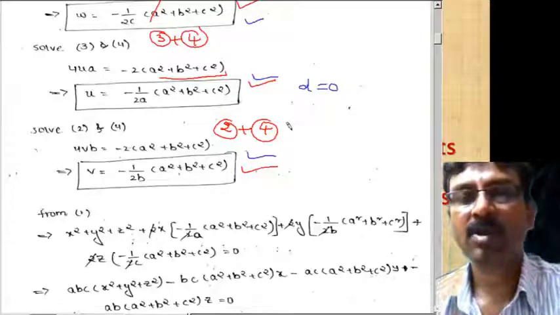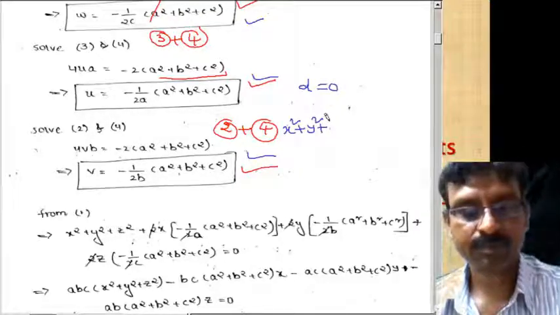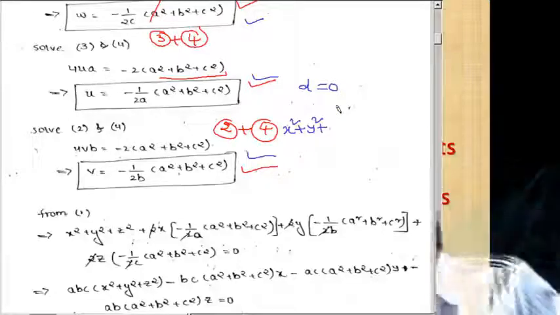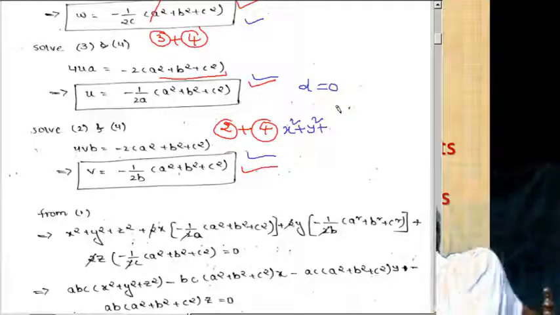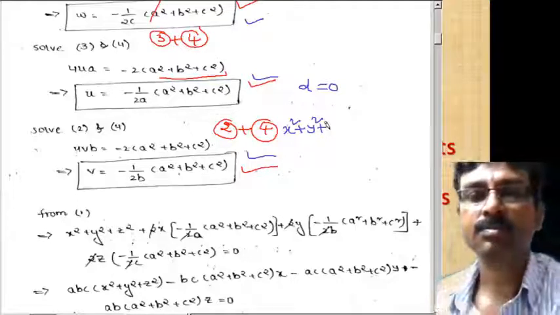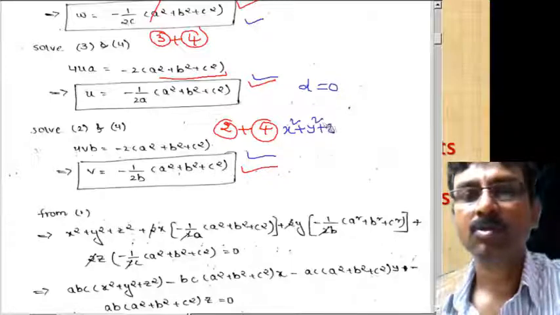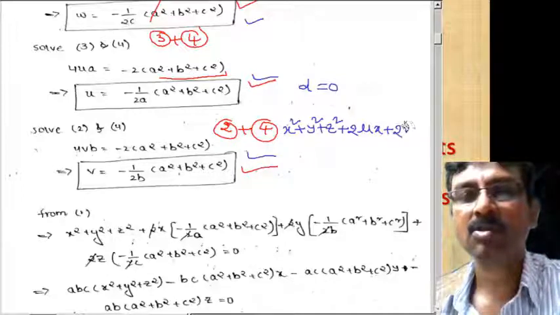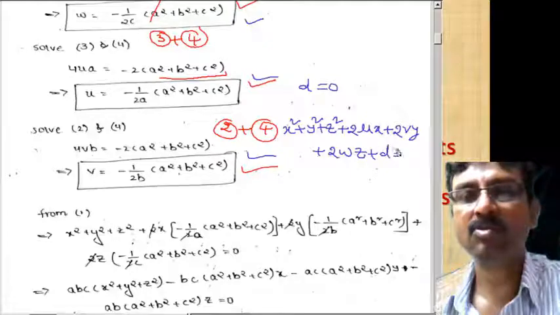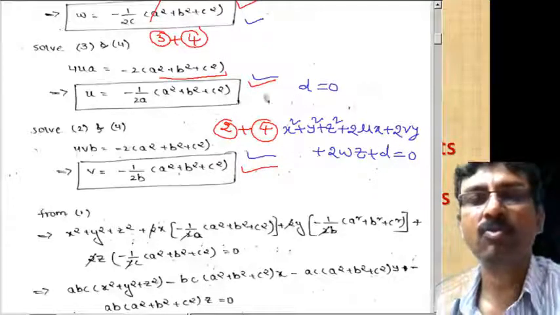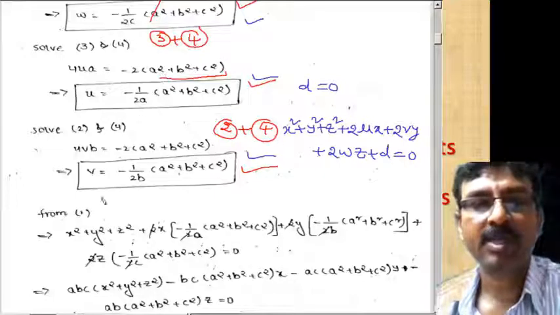Substituting all these values in the standard form, equation 1, that is x square plus y square plus z square plus 2ux plus 2vy plus 2wz plus d equal to 0. Substituting all the 4 values, we get